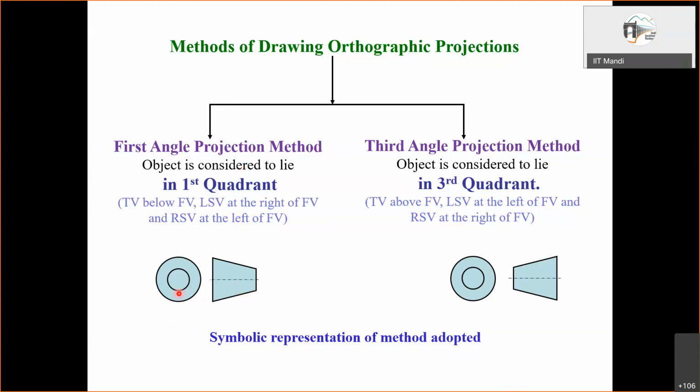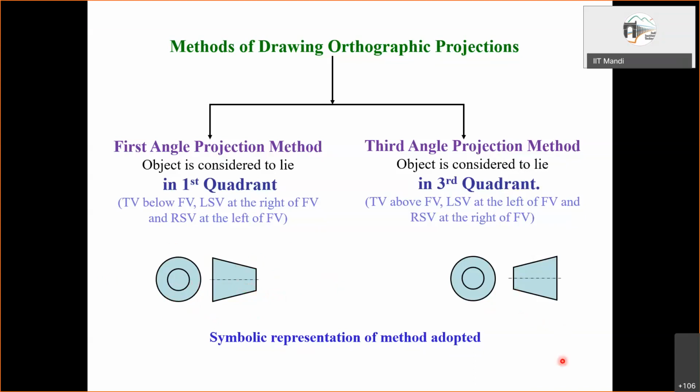Suppose I consider this as the front view, right? When I look from the left, this top part will go in this direction. Otherwise, if you look from right, then this wider part will be this side and this top part will go to the left. So this has to be the left side view, which is placed at the right of this. If we assume this as the front view, then also it is valid, right? That is your choice. You choose either of them to be the front view, no problem. And here it will be opposite. You can try to visualize sometime later.